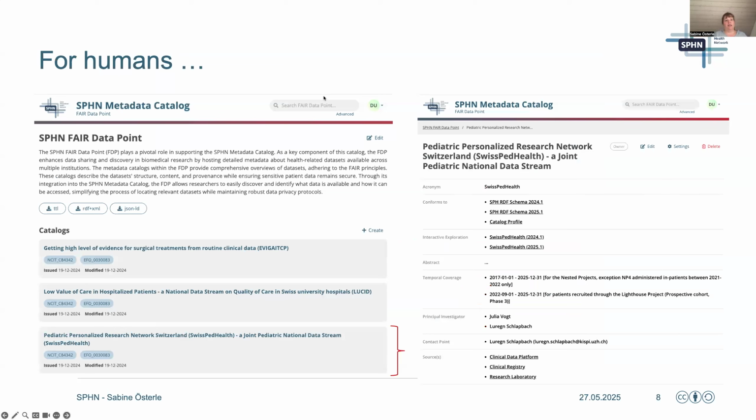So how does this look like for the humans? You can see it here on these screenshots. So if you go to the SPHN Metadata Catalog, you will be presented with different catalogs. Each catalog is actually one project. And actually, if you would click here on this Swiss Pet Health project, you would be actually led to this page, which you can see on the right, where you can see more extensive information about the Swiss Pet Health